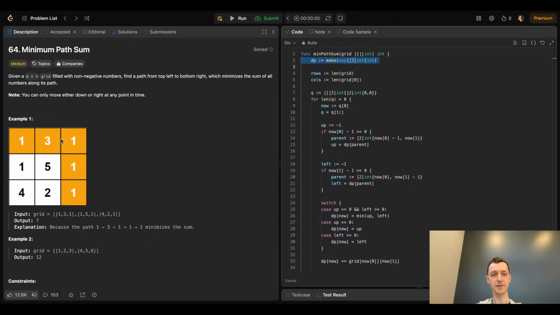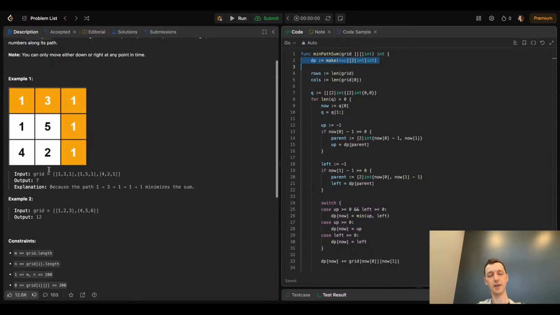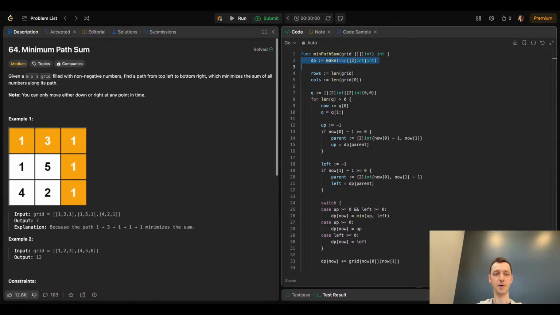When we add the values of the squares one to another, we get the sum of the path, and one of them will have the minimum sum, and we need to find it. The key thing is when the grid is 200 by 200, it's a very large number of paths,